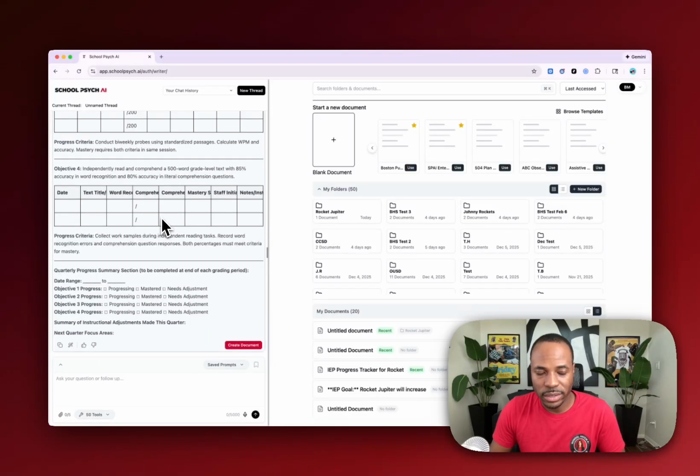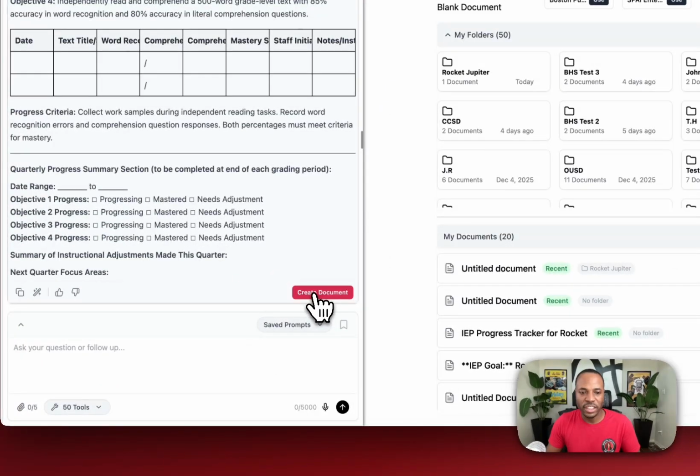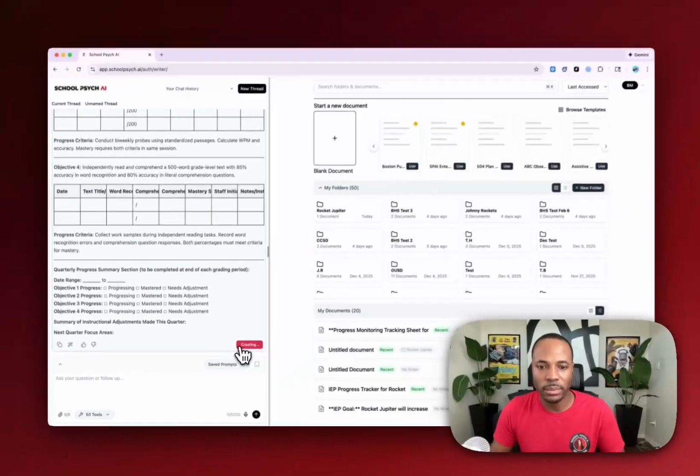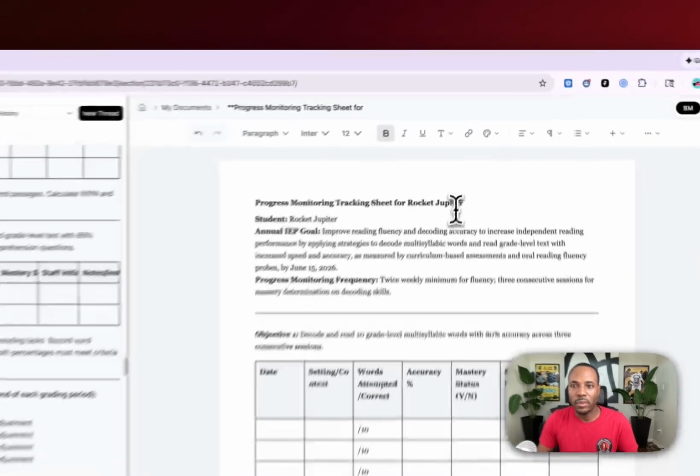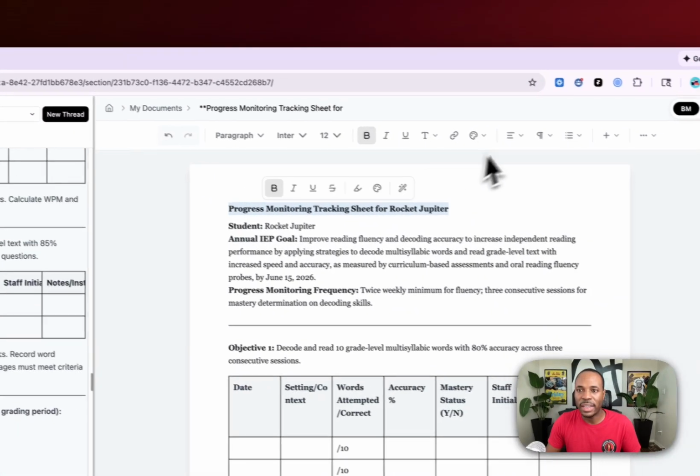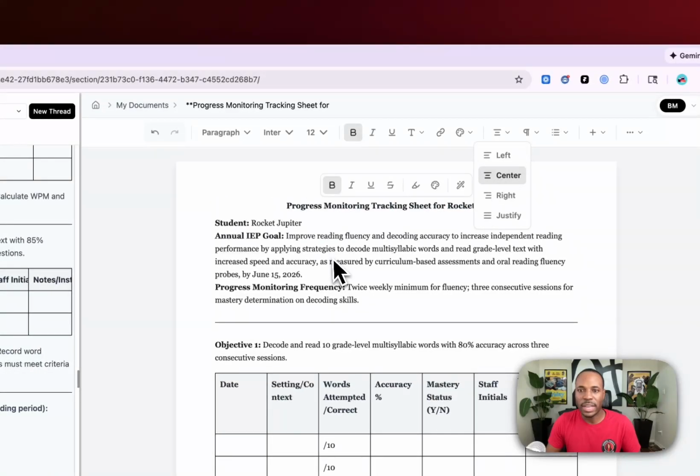Now, here's one of my favorite parts. We have the goals, the objectives, the accommodations, and the progress monitoring. Now what you're going to do is in this response, just click Create Document. And that's going to pop up this response directly inside of this document. And the cool part is you can edit anything that's inside of it. It's an editor. And so now you can edit